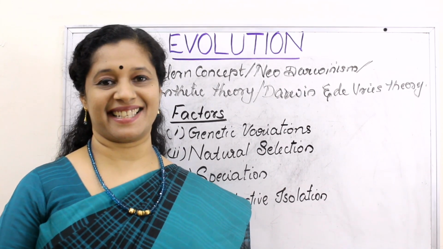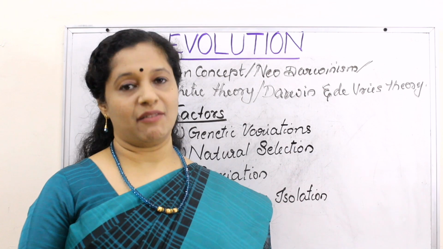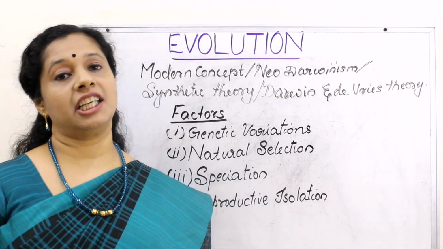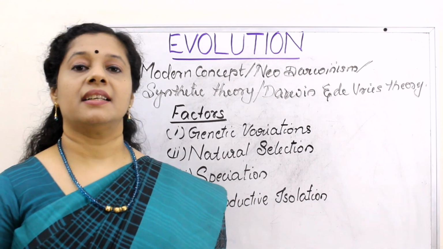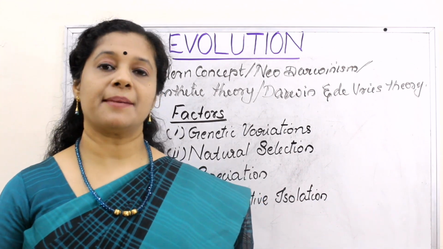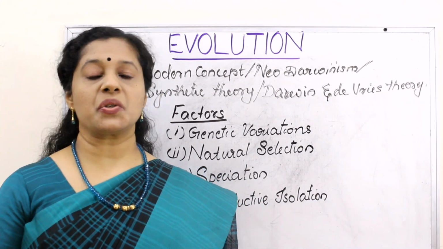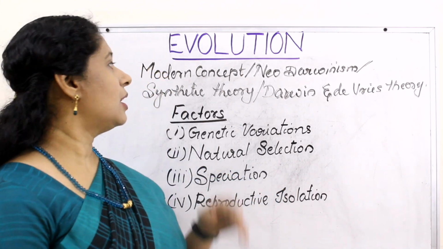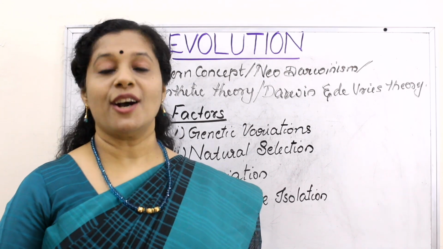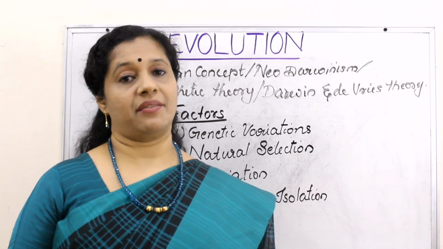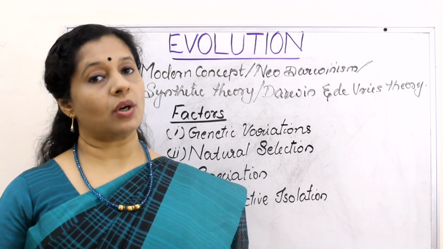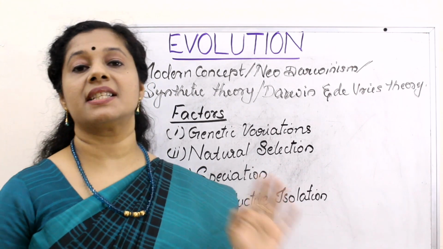I am Soumya Harikrishna. We are learning the chapter Evolution, and in the previous videos we have been discussing different theories of evolution like pre-Darwinian theory, that is Lamarckism, then Darwin's theory, then post-Darwinian theory, Hugo de Vries theory. Now the last theory is called the modern concept of evolution, or it is also called Neo-Darwinism. It is otherwise called a synthetic theory, or we also say it's a combination of Darwin's and de Vries theories